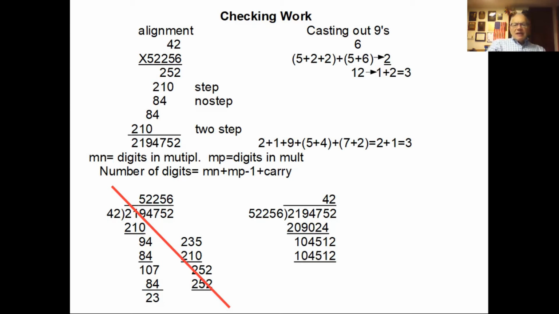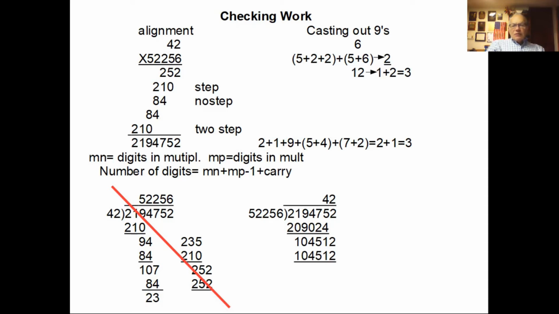And this basically is adding up the digits, and wherever we get a 9 in our sum, we just toss it away. And we keep re-adding the digits until we're down to a single digit. So 42, casting out nines, ends up coming out to 6. And if we take the 5, 2, 2, 5, 6, and we round it off, we end up getting